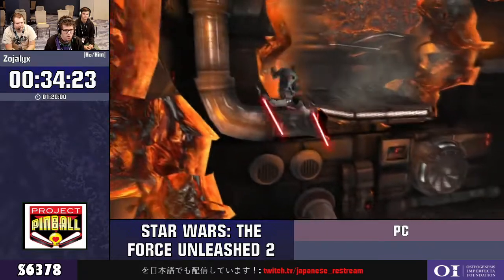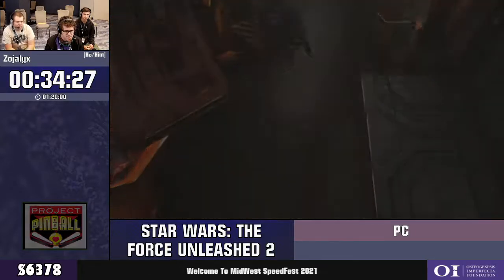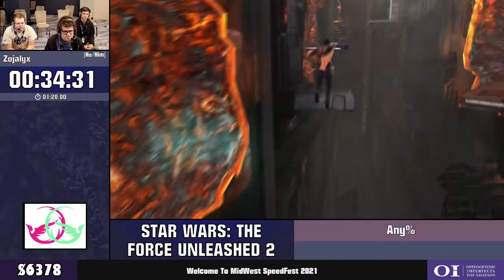So in here, we're going to be entering this small little platform section. I'm going to dash blast into the cutscene so that I fall and die during the cutscene, which skips the little...